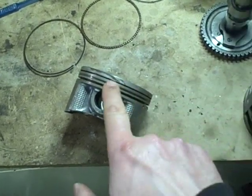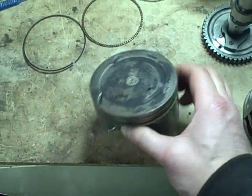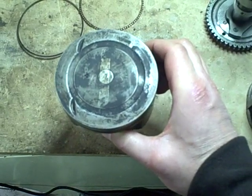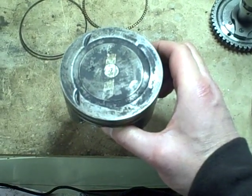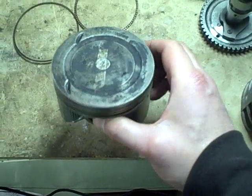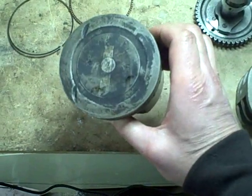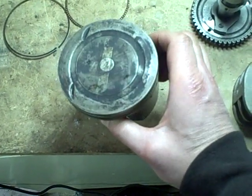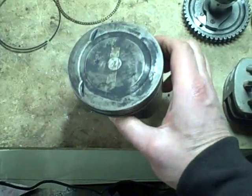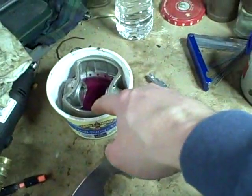So what I'm going to do is use a little bit of solvent and clean up this piston. This piston actually didn't even have a lot of carbon on it. Wasn't bad at all. A lot of it just wiped off pretty easily without even any solvent. So that's another indication that this engine didn't have a lot of time on it when it was dumped in the lake. So I'm going to clean this up now. Okay, I'm letting the piston soak a little bit,